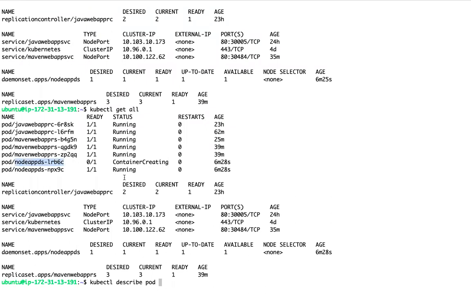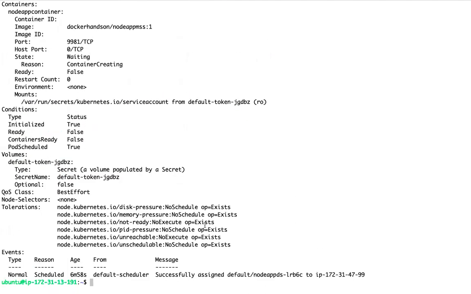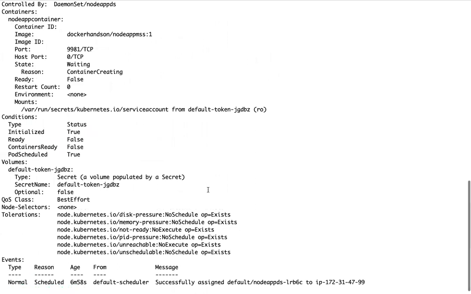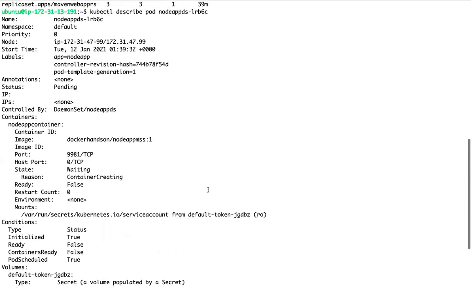Because my server is just a 1 GB server, guys. It might not have enough CPU and memory. That's why the container is not coming up.